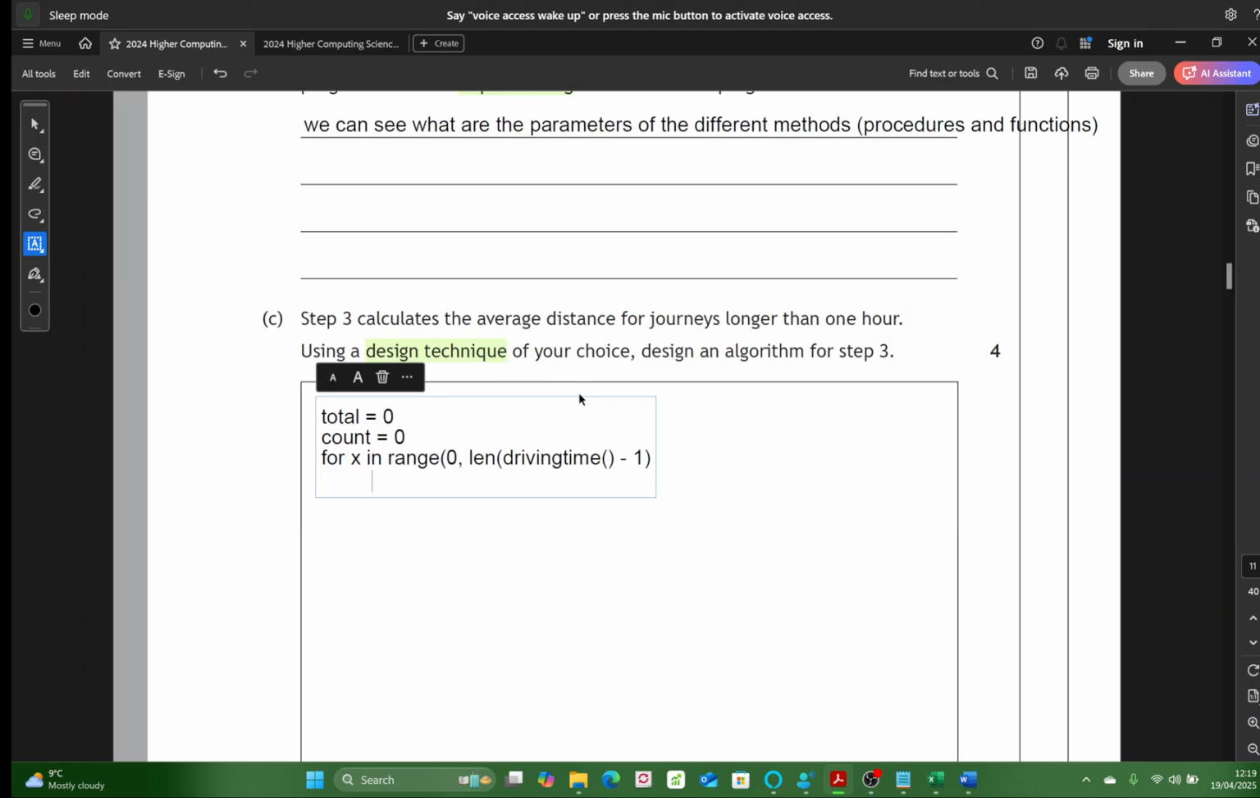So we want to count how many journeys there are, and we also want to get the distance. But first we want to see if their journeys are longer than 1 hour. If, is that array called driving time? I think it is. Yes, it is called DrivingTime with a capital T, isn't it? So if driving time box number x